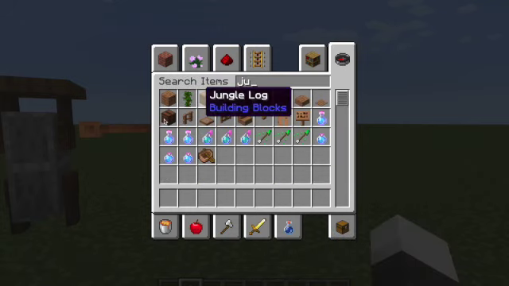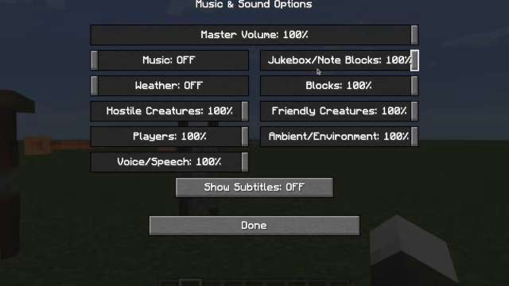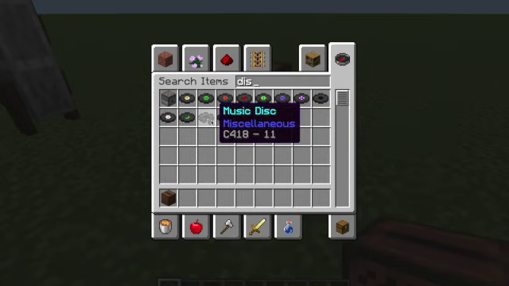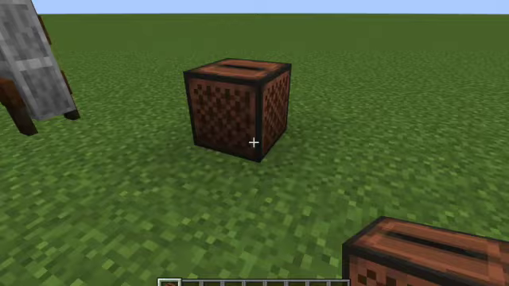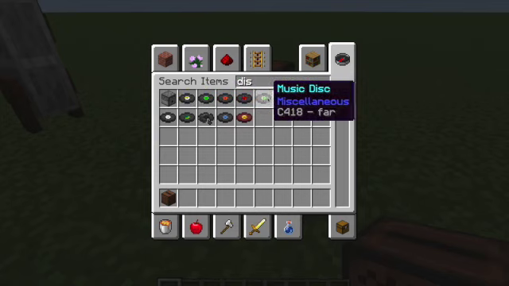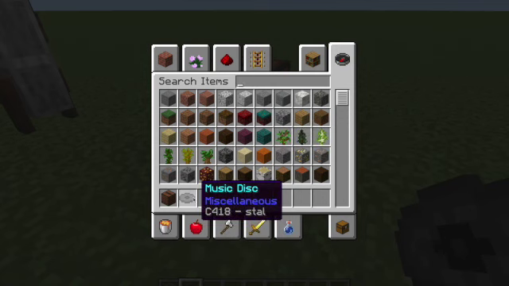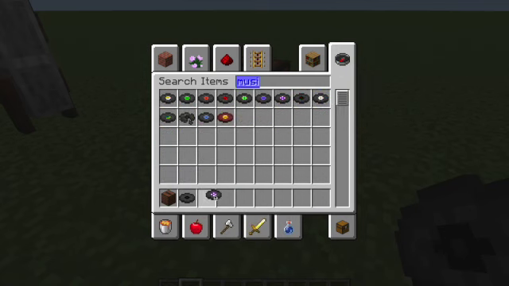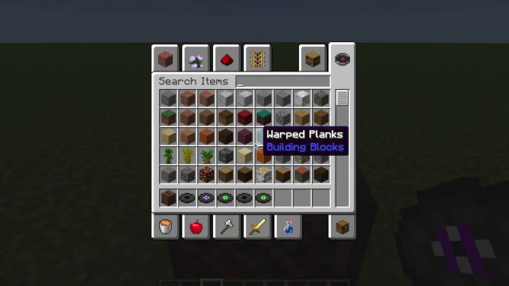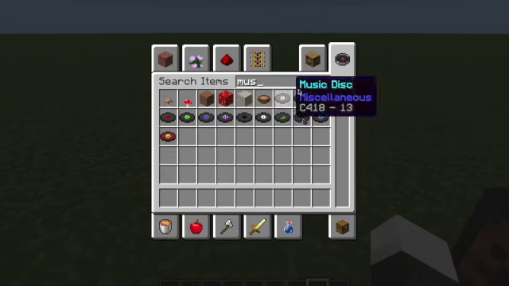But there is actually one thing that I, okay, let's see, jukebox, yes, it's on. Okay, which one? So, disc. Is it this? Nope. Sorry, yep. Music. So, nope. Okay, I'm gonna try some, okay, so okay,